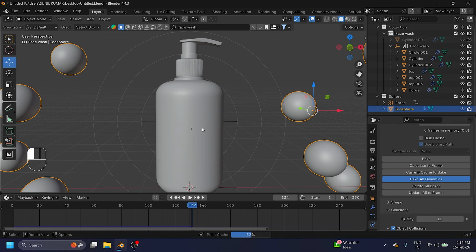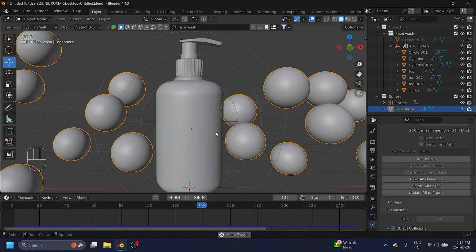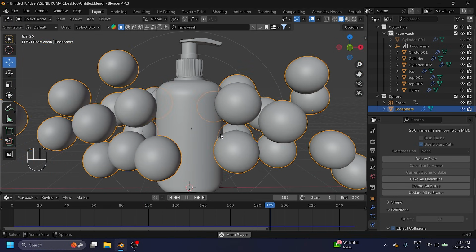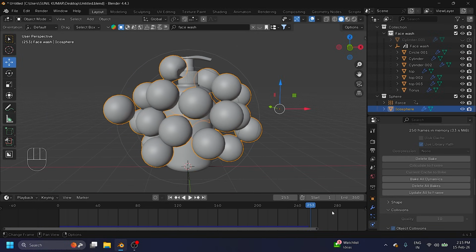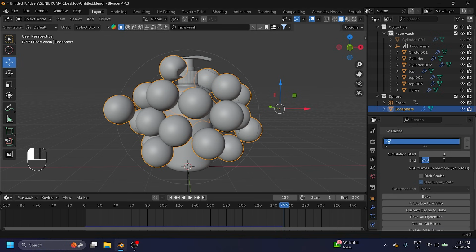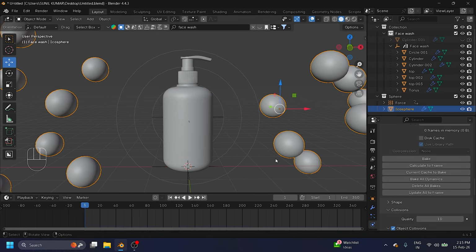After baking, guys, I'll show you my final preview. Okay, so guys, my final baking is finished. And one more time, play. Maybe this time the sphere will be fixed. Yes, perfect. Right? See, guys, it's my perfect work. So guys, you can increase the frames, go to delete bake, check, and like 350, and guys delete, right? So guys, my collision is perfect.